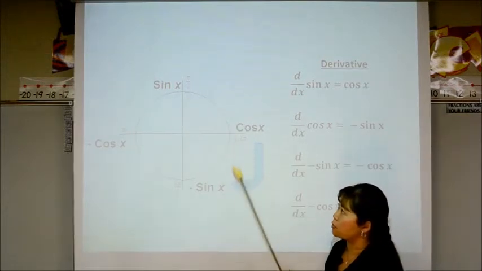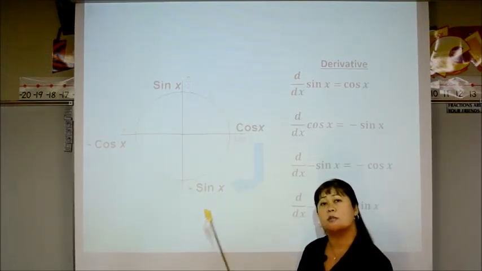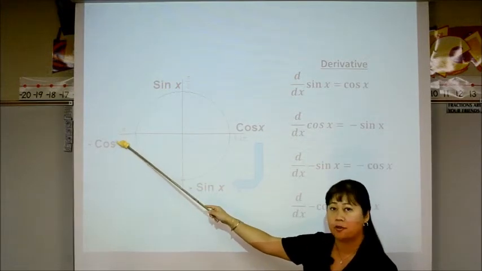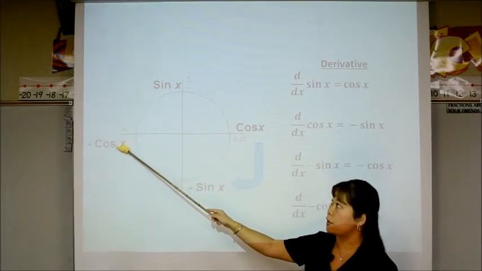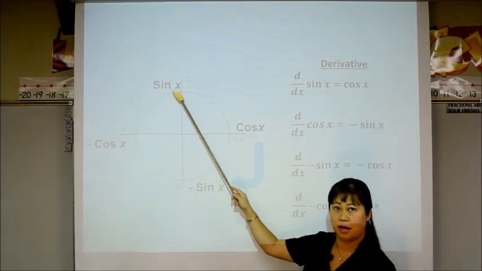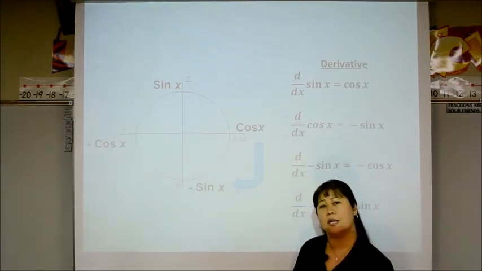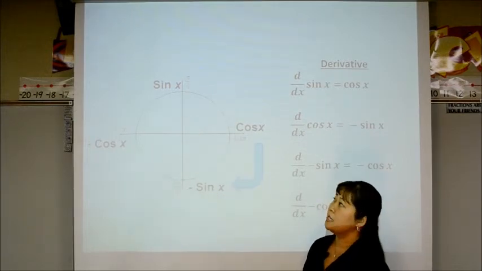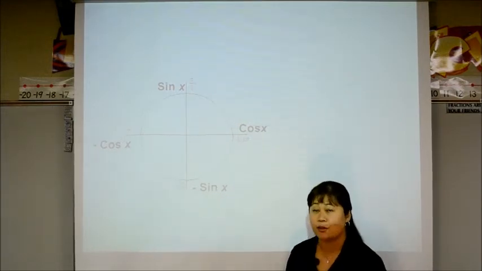If you can remember this rotation right there, that's going to help us, because when you do, a lot of times the UV, you're going to have something like negative cosine, right? If you take the derivative of negative cosine, you're going to remember it's going to be positive sine. So you don't have to worry about is it positive or is it negative, because you just have to remember the rotation for this. Okay? Now later on, when we do the antiderivatives,